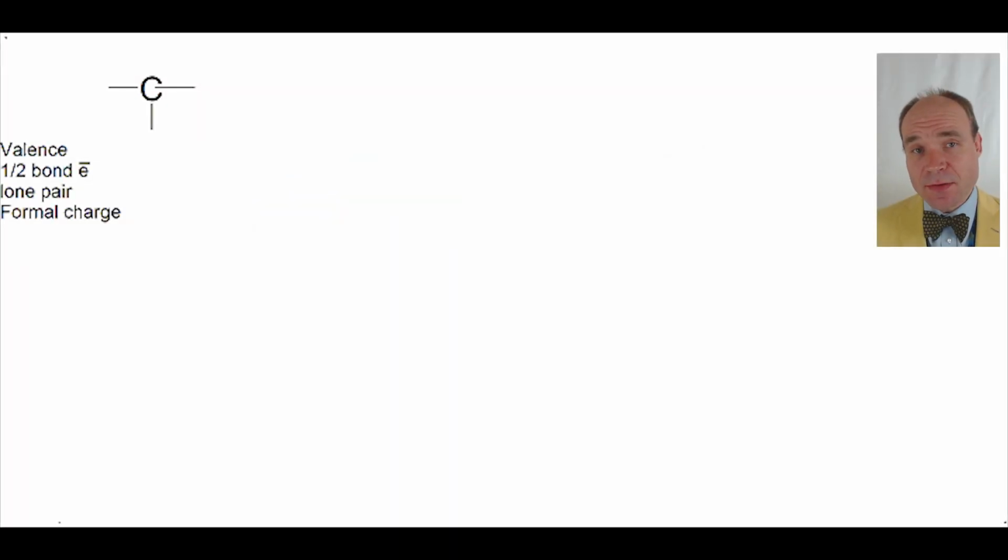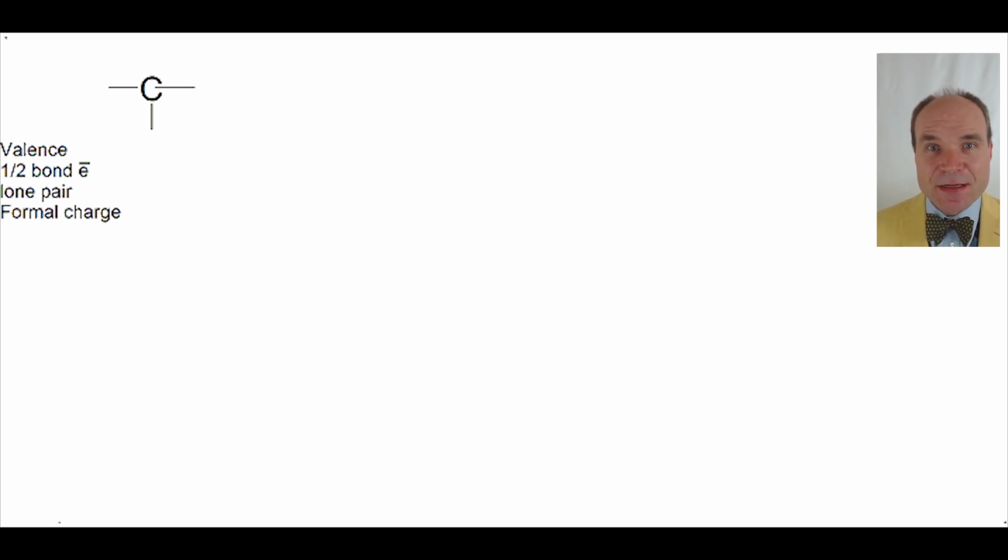Now we're going to take a look at three atoms that are very popular in organic chemistry. We're going to see them in different scenarios with a different number of bonds connected to them and a different number of lone pairs. And in each case, we're going to calculate the formal charge for that atom. To start off with, we'll look at